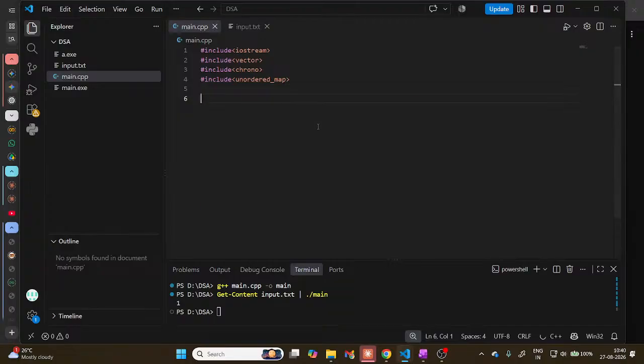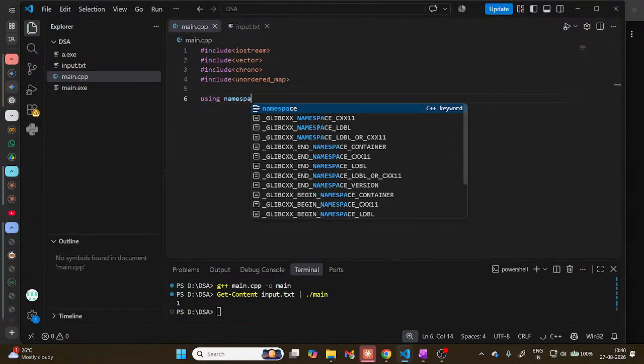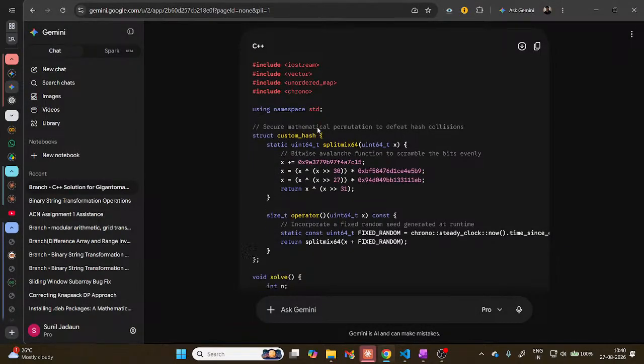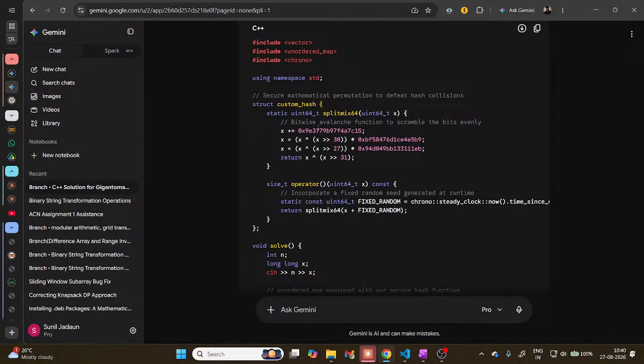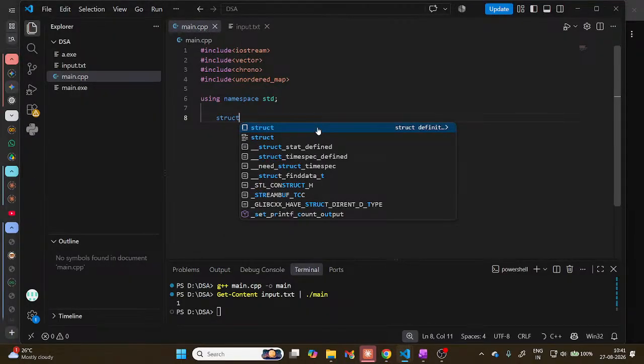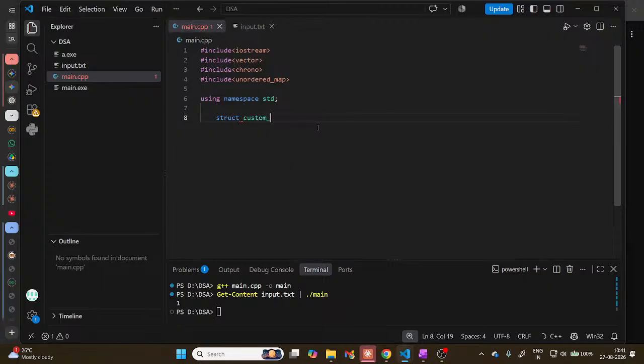Okay, then again using... now the next thing they have done is this: secure the mathematical permutation to defeat a hash collision. Right? What is this? We are building a custom hash. Okay, struct custom hash. In this custom hash, we have